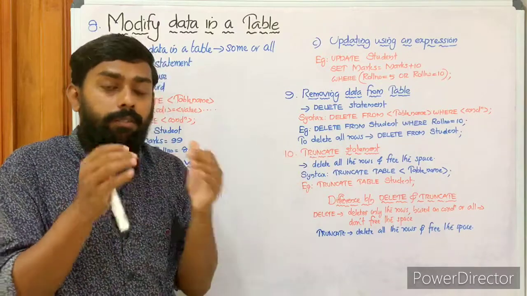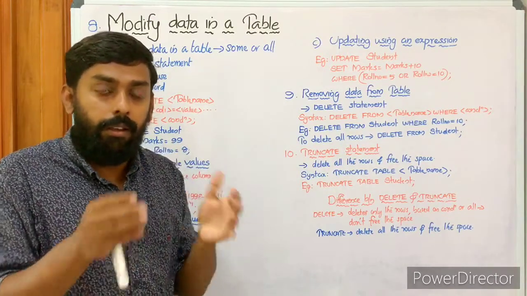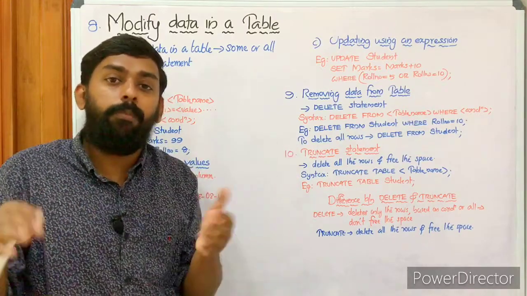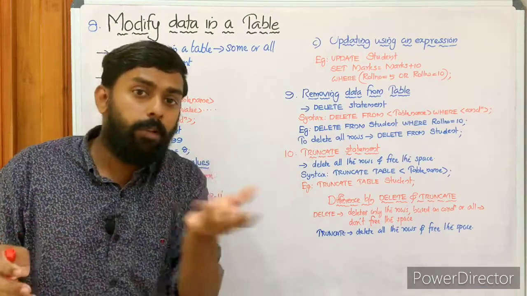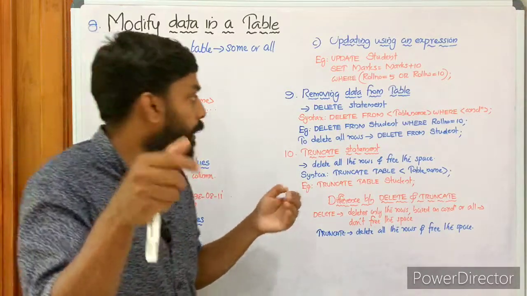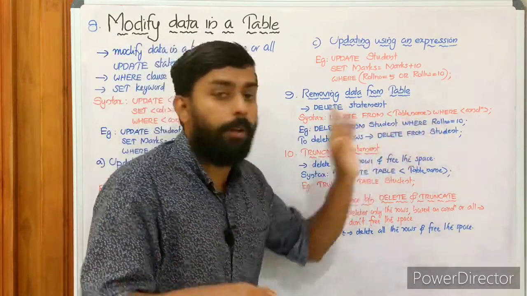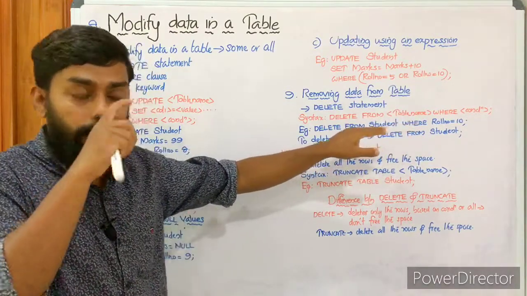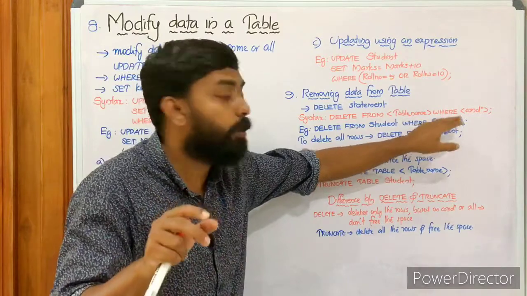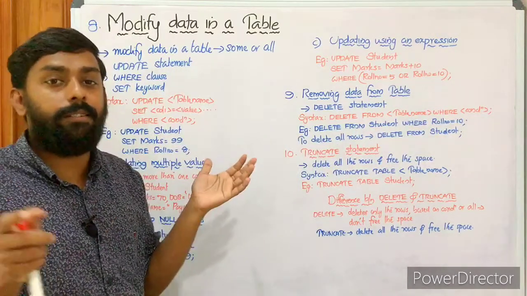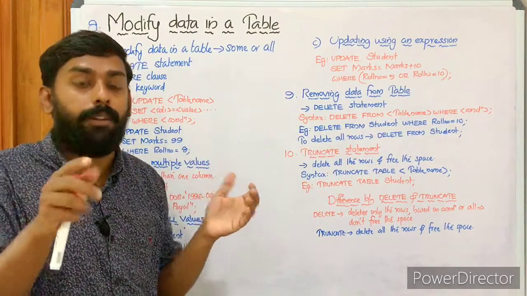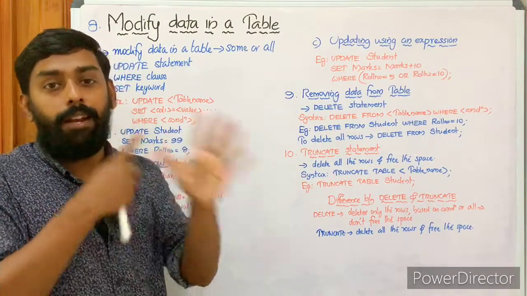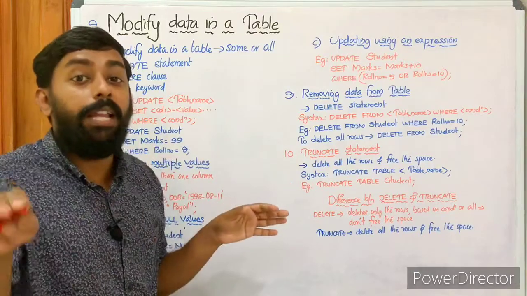Here also the where clause is optional, right? If we apply a where clause, we can restrict the tuples to be affected, and if we don't apply a where clause, it means all tuples are affected. So delete from student where roll number equal to 10 deletes all the details of the student whose roll number is 10. All the details means the values of all the columns: roll number, name, marks, gender and date of birth. All the columns' values will be deleted.